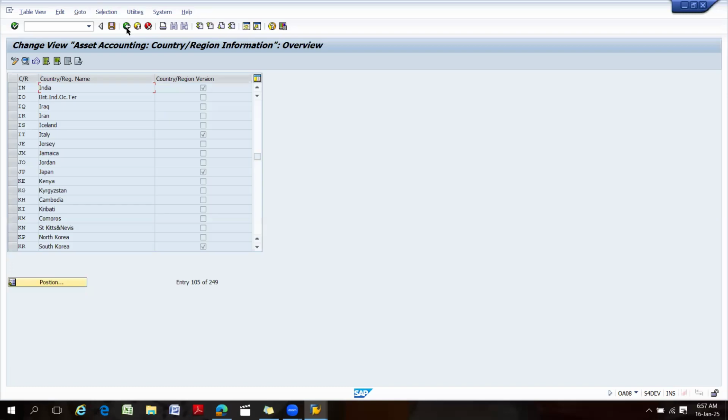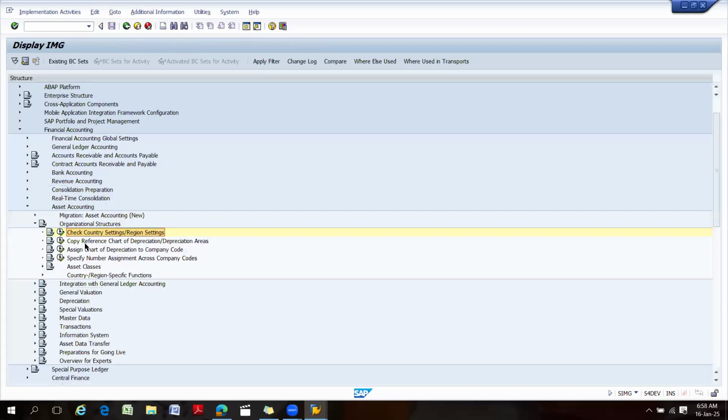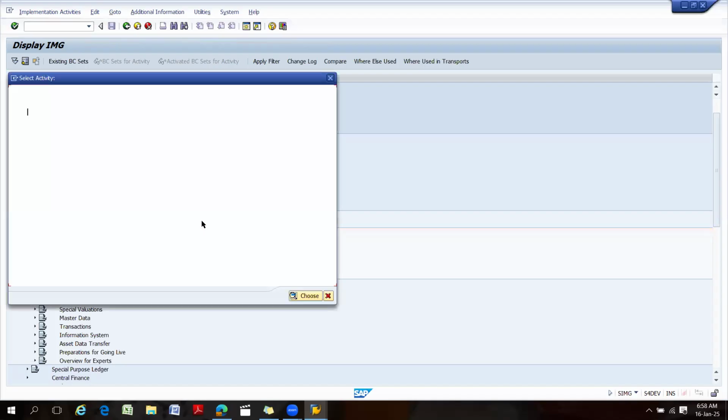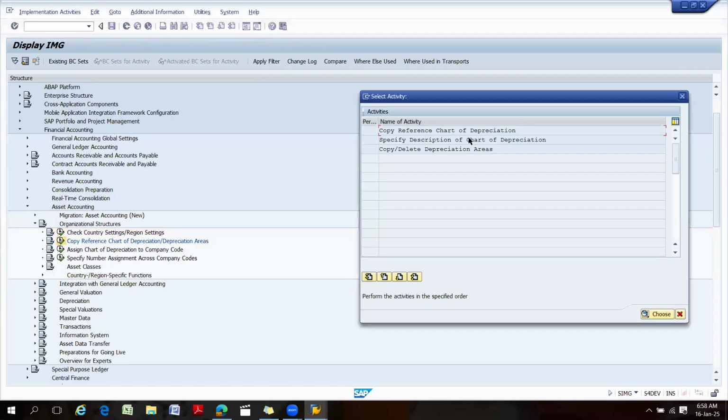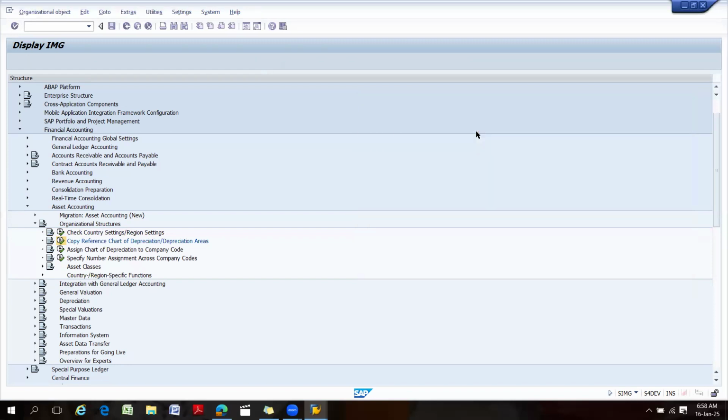Now go back. Now copy reference chart of depreciation area. Click on copy reference chart of depreciation area. Here you can see there are 3 steps: copy reference chart of depreciation, specify description for chart of depreciation, and copy or delete depreciation areas. If you click on copy reference chart of depreciation,